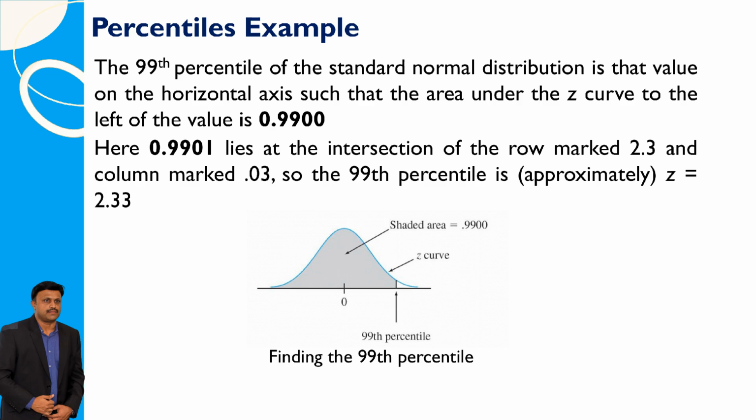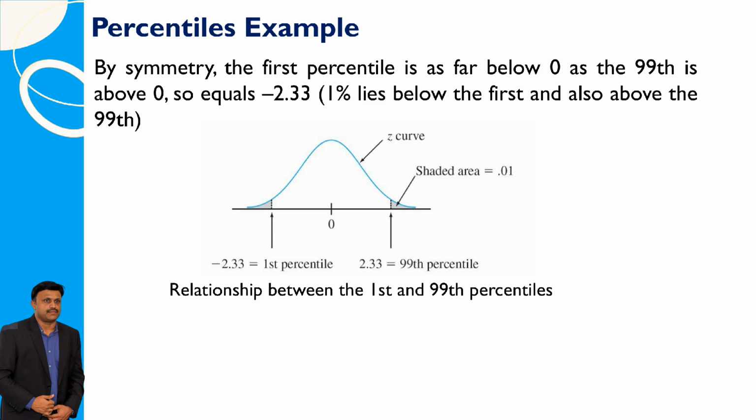The 99th percentile of the standard normal distribution is the value on the horizontal axis for which the area under the z-curve to the left is 0.9900. In this case, 0.9901 is found at the intersection of the row labeled 2.3 and the column labeled 0.03, so the 99th percentile is approximately z equals 2.33. By symmetry, the first percentile is positioned as far below 0 as the 99th percentile is positioned above 0, making it equal to negative 2.33, with 1% of the data lying below the first percentile and also above the 99th